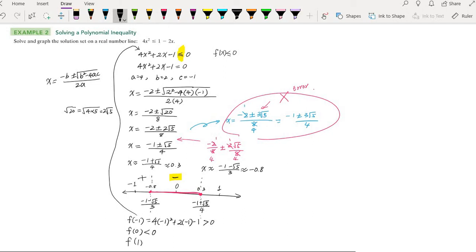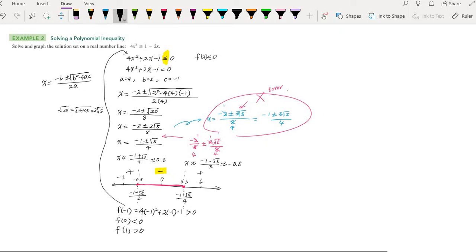I'm going to test the positive one, so you can do the same thing. You're going to get greater than 0. So again, the greater is not what we're looking for. That is not your solution. So our solution is the interval from -0.8 to 0.3. Because it's a closed circle, I'm going to write this solution with a bracket, and I'm going to write the exact answer corresponding to -0.8, which is -1 minus square root of 5 over 3, and then -1 plus square root